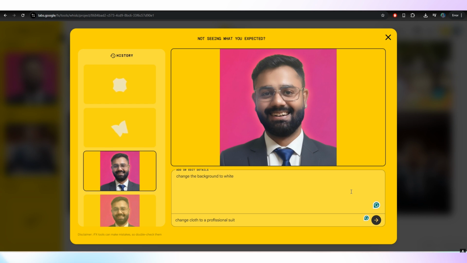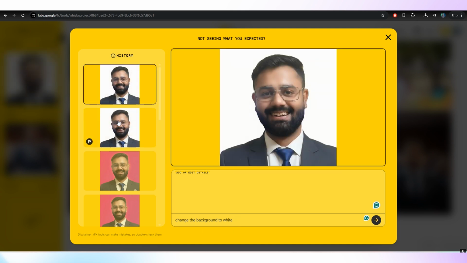Now let's see, will it work? No, it's totally not working. Change the background to white. I think I have put it in the wrong direction, because these are the details and these are the prompt where we want to change it. Yes, now it's done. Yes, perfectly fine.